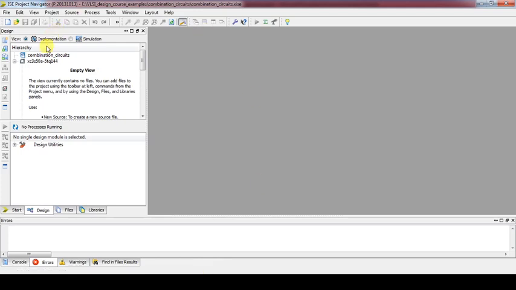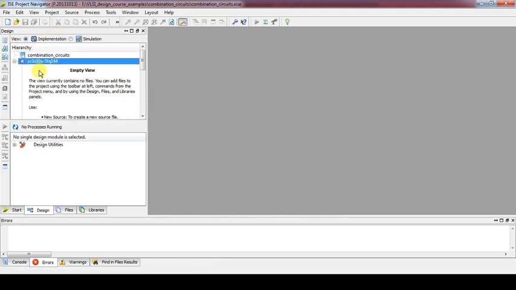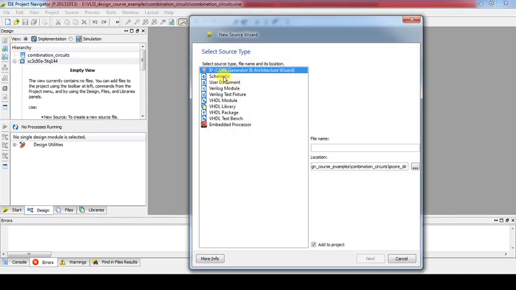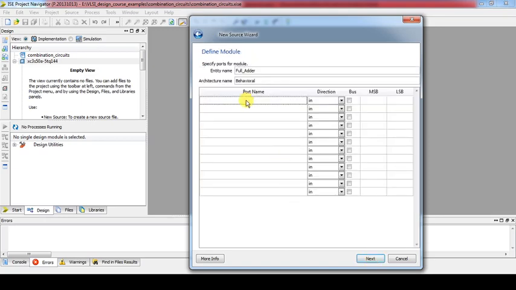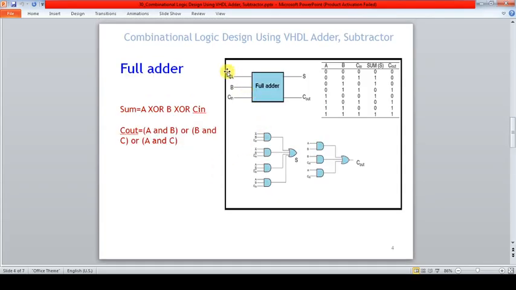Now in that we are going to write our full adder functionality. So new source, VHDL module, here we are giving the design name as full adder. Then next, here we have to mention its port details. These are the port details of my entity.